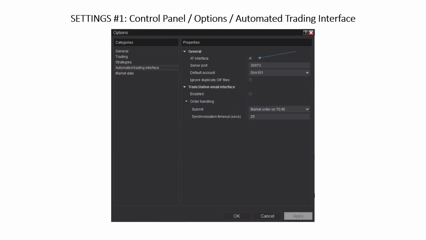Okay, so I'll move on. In any event, we have the settings. The most important thing we have is the AT interface, the automated trade interface. You will not have any trades trigger unless that is turned on. So that's first and foremost. If you don't want any trades to trigger and just want to plot them on the screen with the arrows, that's fine, then you don't need to do it. But if you do want to do that,